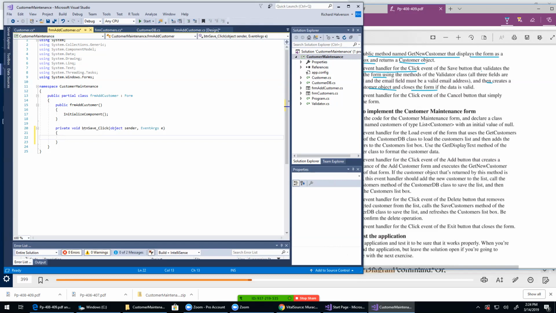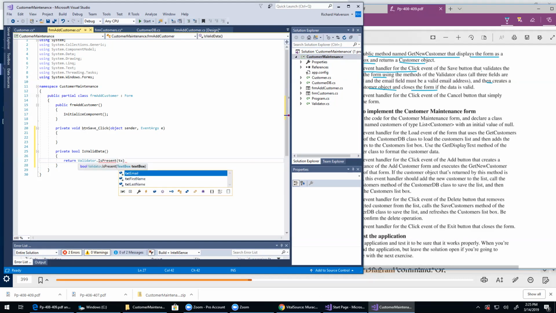I'm going to first add the IsValidData method here. Private, returns a Boolean value, IsValidData. And what that's going to do is return Validator.IsPresent txtFirstName, and